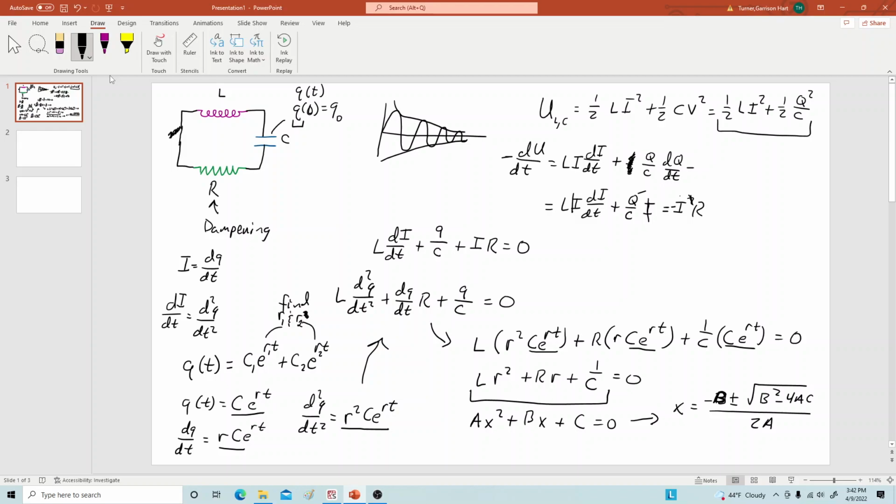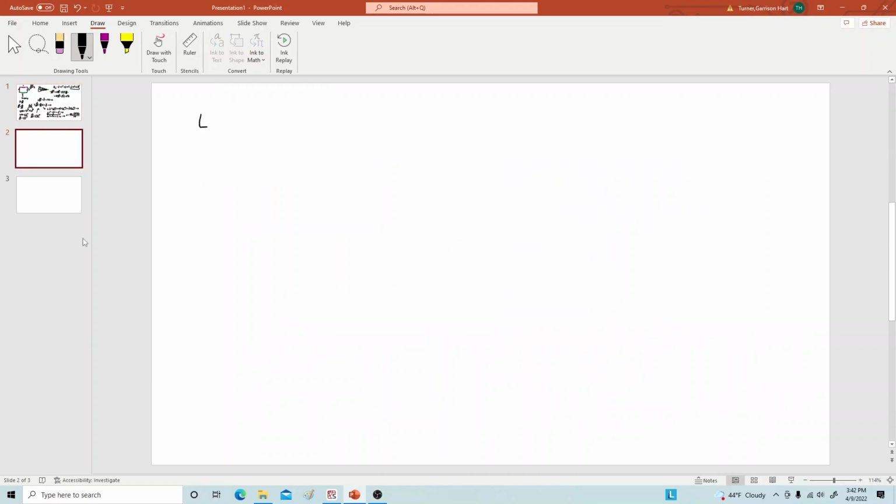So I have negative b plus or minus the square root of b squared minus 4ac all over 2a. And I can identify a with l, b with the resistance, and c with 1 over the capacitance, right? So if I write things in that form, then this is going to give me r is going to equal